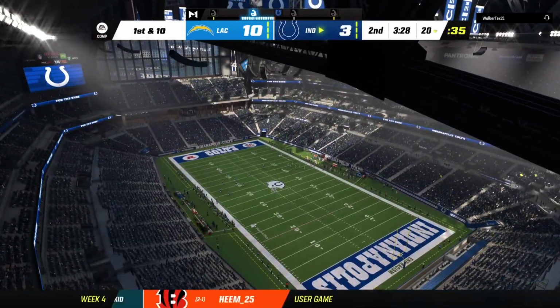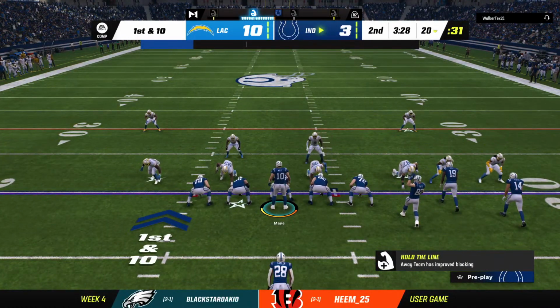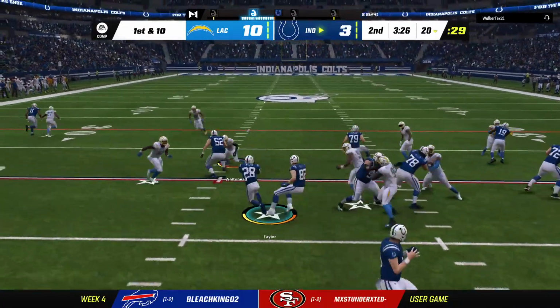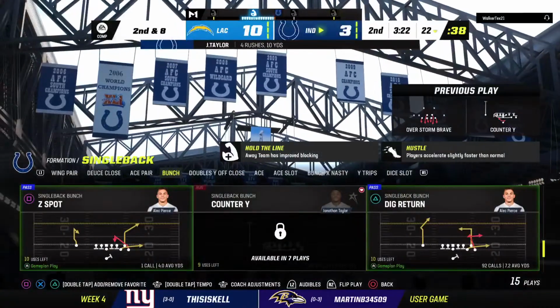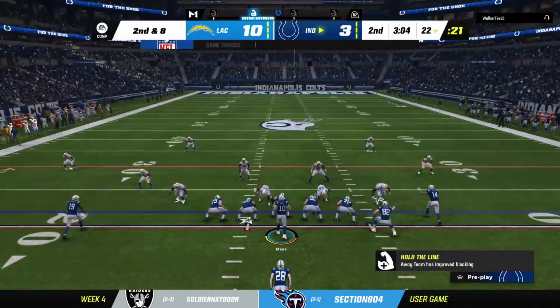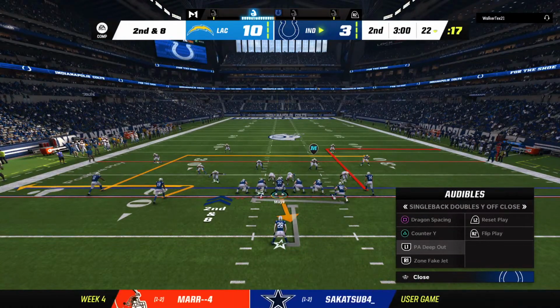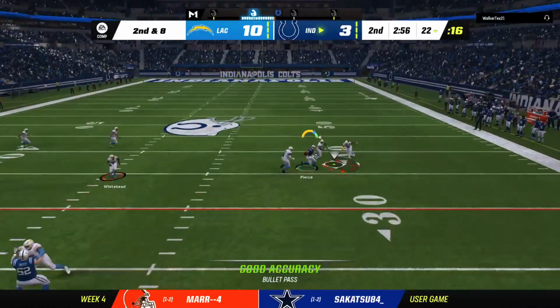The Indy offense at the line and set to go. As the offense comes out here, Charles, maybe perhaps a bit more of a focus on the run game for this drive after tossing an interception on the previous one? I think that's a good way to look at it, but maybe they get to it in a little bit different way, because after you throw an interception, you want to make sure you keep your quarterback's confidence high. So maybe give him a couple easy throws that he can complete and then get to...